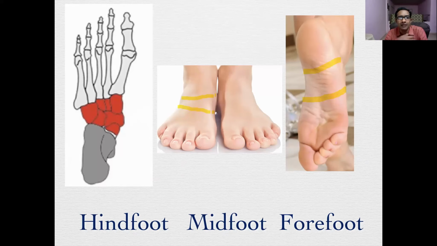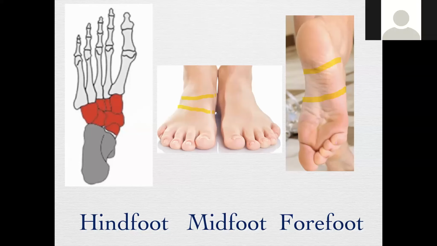So when you describe anything on the foot, especially on inspection, it is good to say that there is an ulcer on the forefoot overlying or underlying the second metatarsal or the first metatarsal. So when you describe to the examiner the areas of the foot, it is best to use this classification rather than say you know, over the middle cuneiform there is something, or over the navicular you find something.